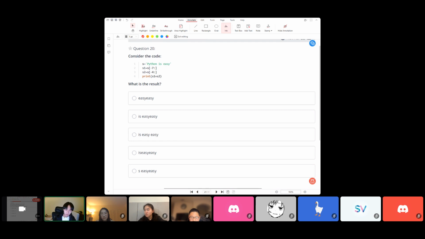Two, two, two. 2. All right, we got 4 2s. The correct answer is, in fact, 2. The reason why is that the total length of this string is